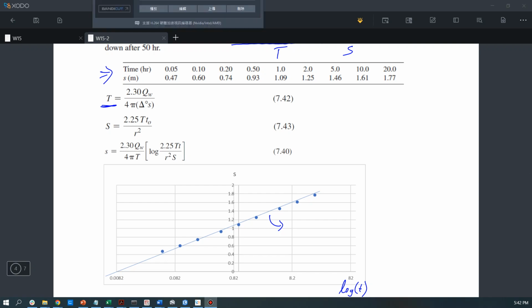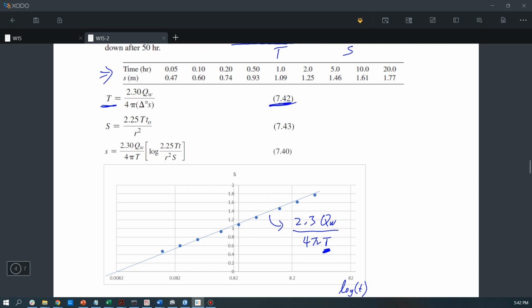is equal to 2.3 Q_w, which is the discharge rate, divided by 4 pi T. So we can calculate the slope and set it equal to this number to get this T value. Or you can simply apply the equation shown in 7.42, and they are basically the same, but this delta drawdown here